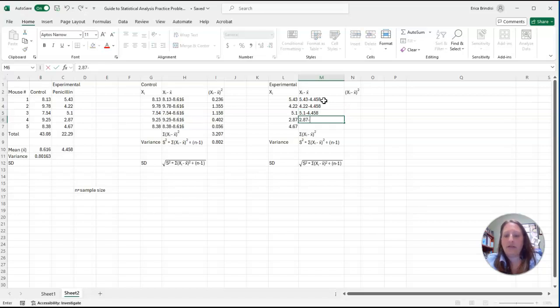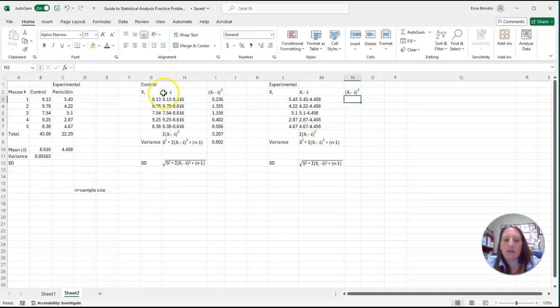2.87 minus 4.458. So again, I'm just taking each number here and subtracting from it the mean. And the mean we know for our penicillin group is 4.458. Okay, so my last number here, 4.67 minus 4.458. Okay, and so again, the same thing I did over here with my control. I'm going to take the difference here, so 5.43 minus 4.458, and I'm going to square it. And so if you plug that into your calculator for this first number, it should be 0.945,